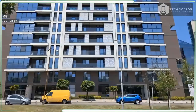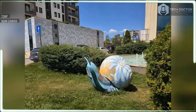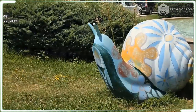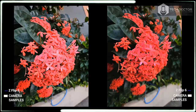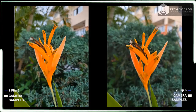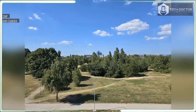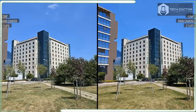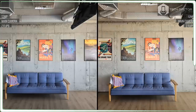There is also a new camcorder mode, just like on the Razr Plus 2024, that gives a nostalgic feel when the phone's folded in the halfway position, complete with zoom control at your fingertips. Another new feature is the intelligent way the Galaxy Z Flip 6 can frame my shots with AI zoom. No matter who I am shooting, whether it's just myself or a group of people, the AI zoom will automatically